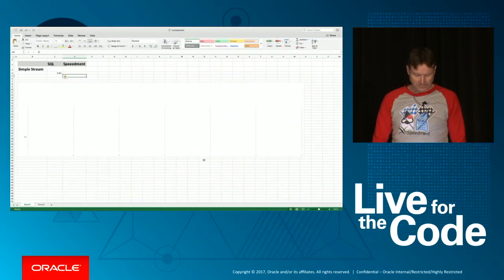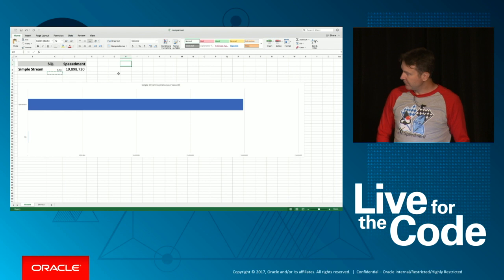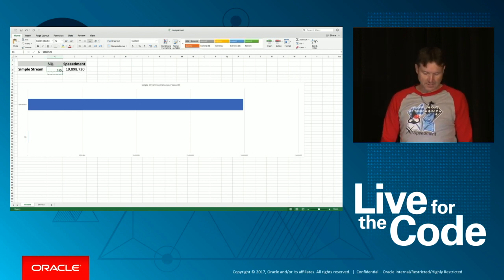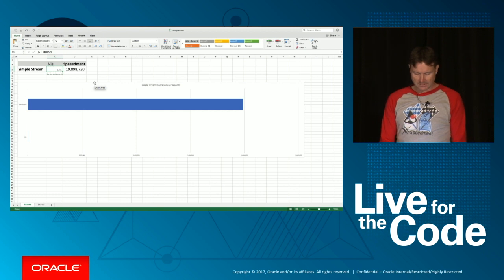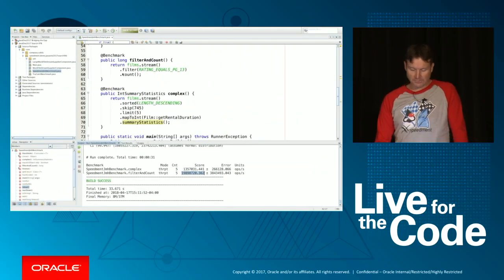So let's fill in this value here. That's almost 20 million, so let's take this and paste it in. Now you get a view of the speed difference here. Even if I take this 5,400 and write 54,000, multiplying it by 10, still it's just a few pixels. So you understand there's a huge difference here. So that's my demo.